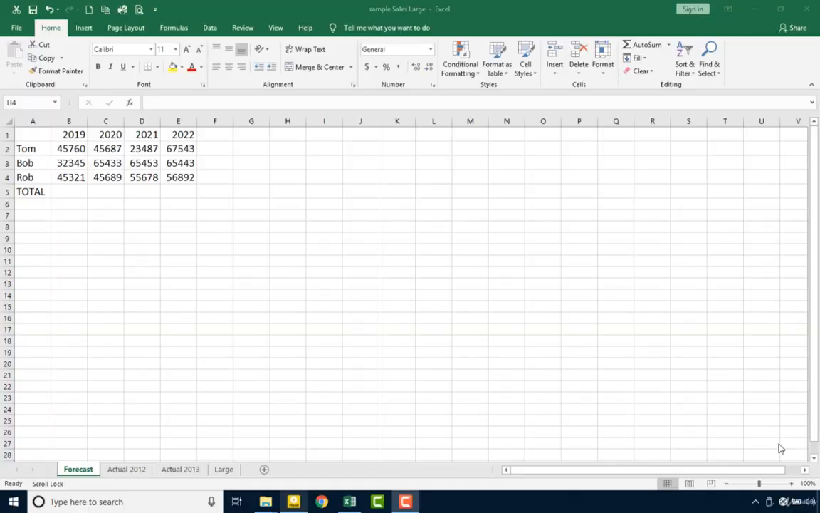In this lesson, we're going to learn how to change the column width and also the row height. So once we open this Excel working document called sample sales large, we're going to see, for example, if you want to insert the word Tom and you put his full surname, you can put Tom